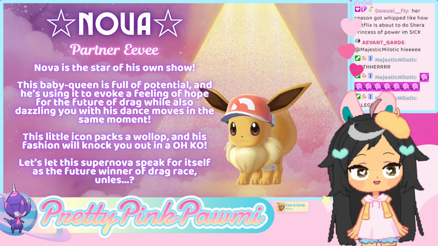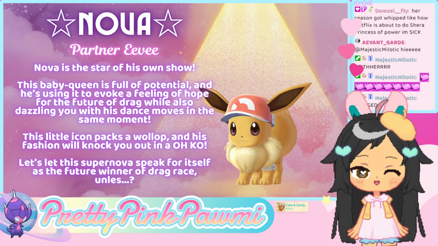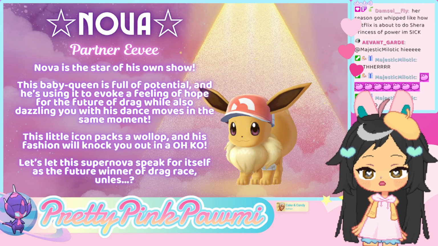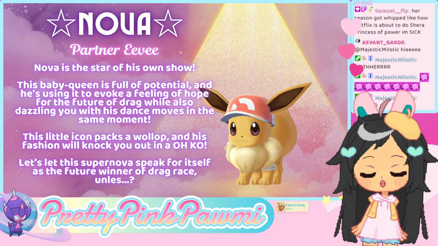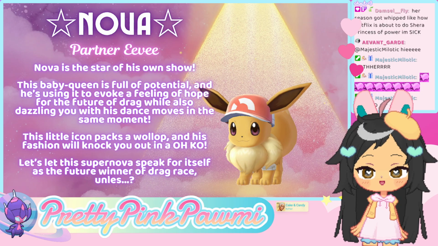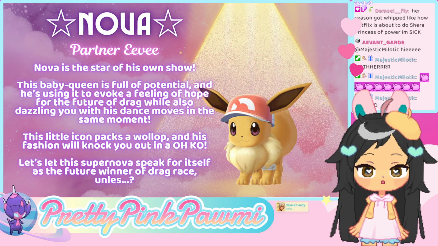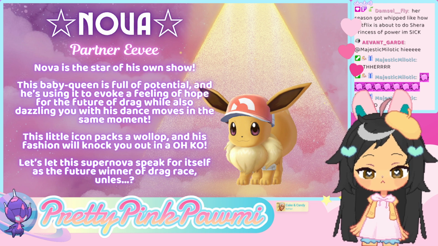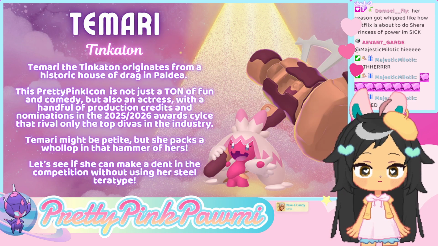We have Nova, the partner Eevee. Shantae, Shantae, Shantae. Nova is the star of his own show. This baby queen is full of potential, and he's using it to evoke a feeling of hope for the future of drag, while also dazzling you with his dance moves in the same moment. This little icon packs a wallop, and his fashion will knock you out with a one-hit KO. Let's let this supernova speak for itself as the future winner of the drag race, unless we have Tamari, the